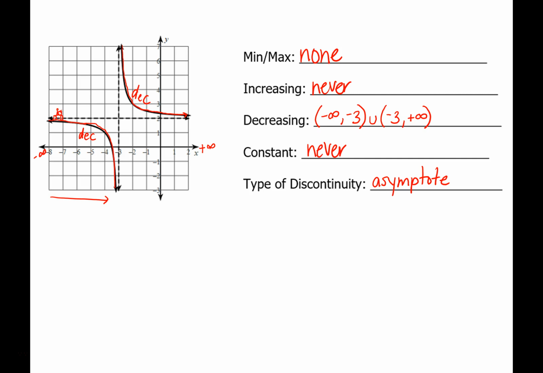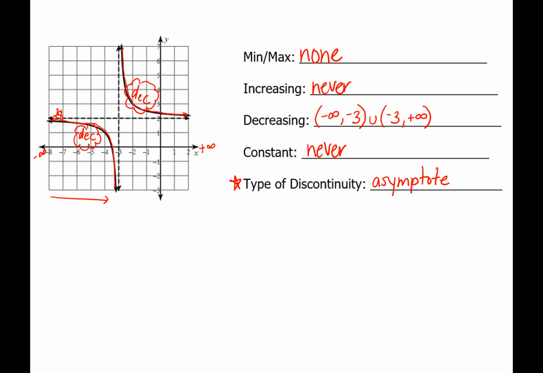So a couple of tips. Number 1, always look for mins and maxes because those will help you answer some of the questions. Second, label all of the parts of the graph like I did here with increasing, decreasing, or constant. And also pay careful attention to where you have discontinuities because that's going to mean that you have more intervals